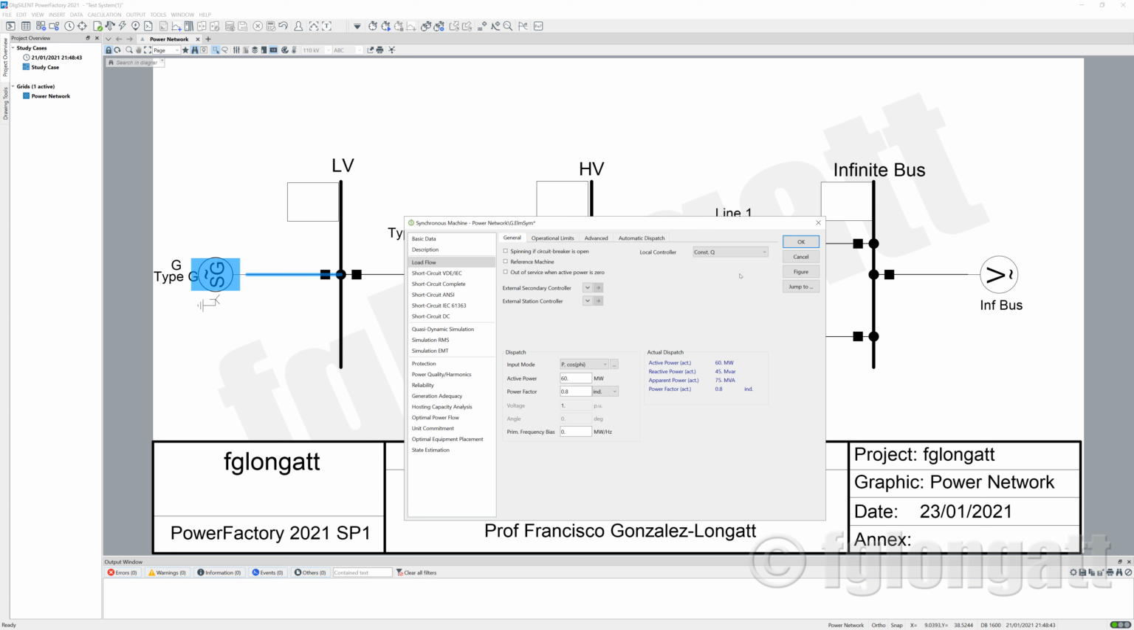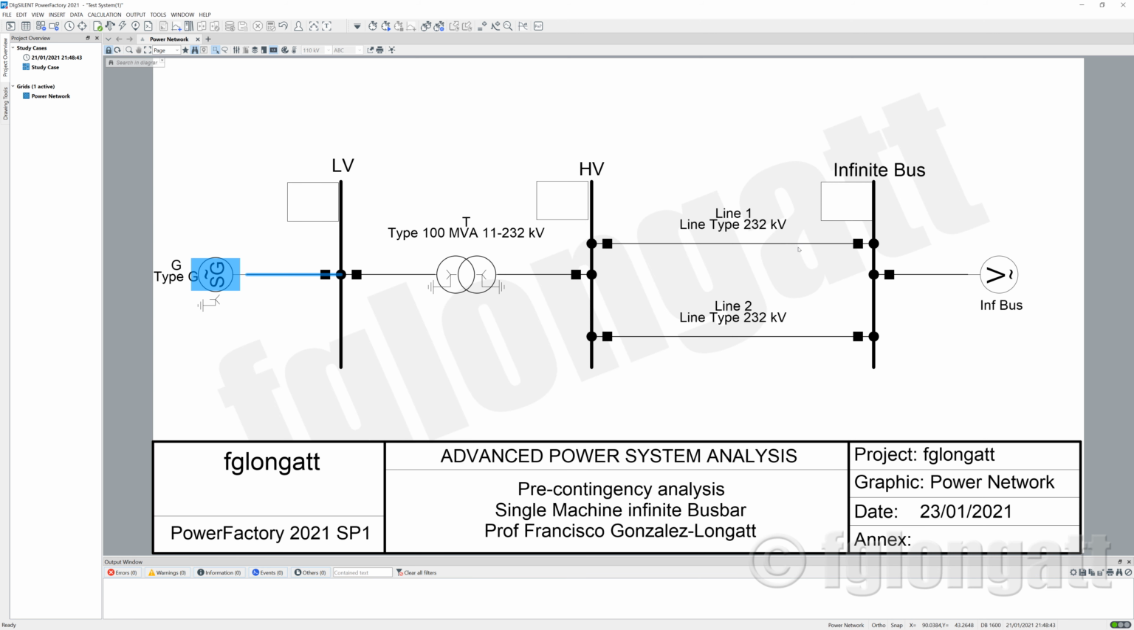But coming back to my explanation here, a classical mistake is that the student or anyone reads, I need to deliver 60 megawatts, and they define here constant Q, and then they go here and say, okay, 60 megawatts, done. And then they say, but the power factor should be 0.8. And they include over there the input 0.8, okay? And now let's run the power flow. If we run the power flow here,